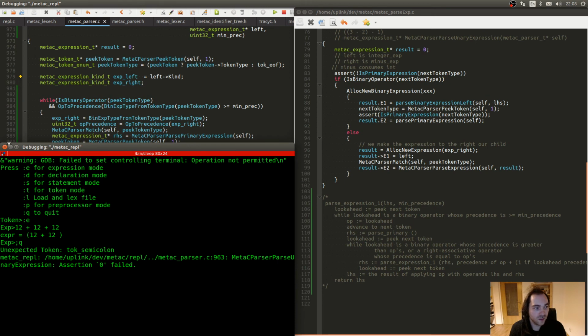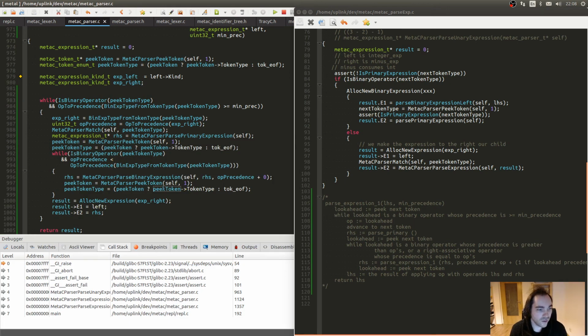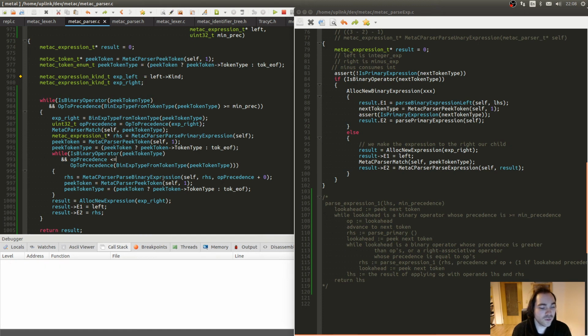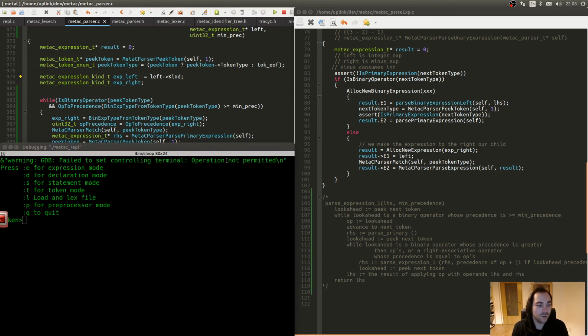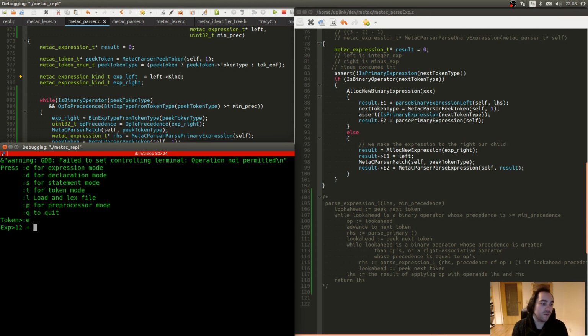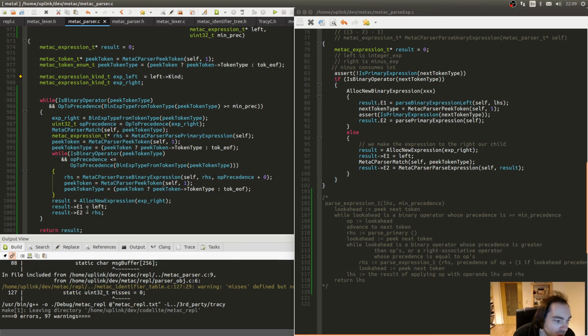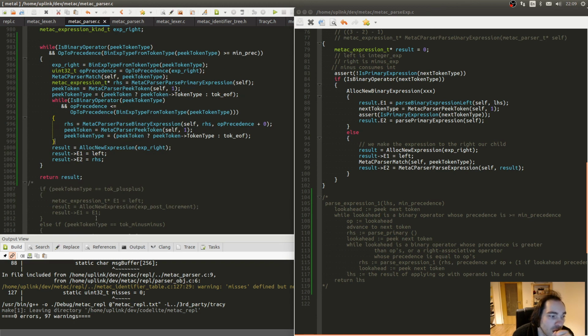Okay, colon Q. It seems like we are not entering this when we should, because when we say lower than or equal to, then we get them in the 12 plus 12 plus 12 case, right? Then we get in there, which we didn't get into before. So colon E, 12 plus 12 plus 12 at least. All right, that works. So this part of the loop